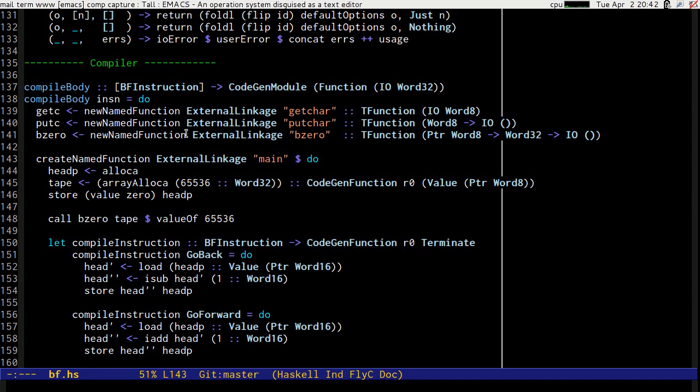So that's the getChar, putChar, and B0 functions. Then we're going to create a named function. This is actually what's going to get put into the output, and we're going to call it main, and we are going to create a pointer, head P. Now, it may look strange to just go alloc done, but basically by virtue of the type definitions that we have as we go through this, it can work out that head P is a pointer to a word 16,